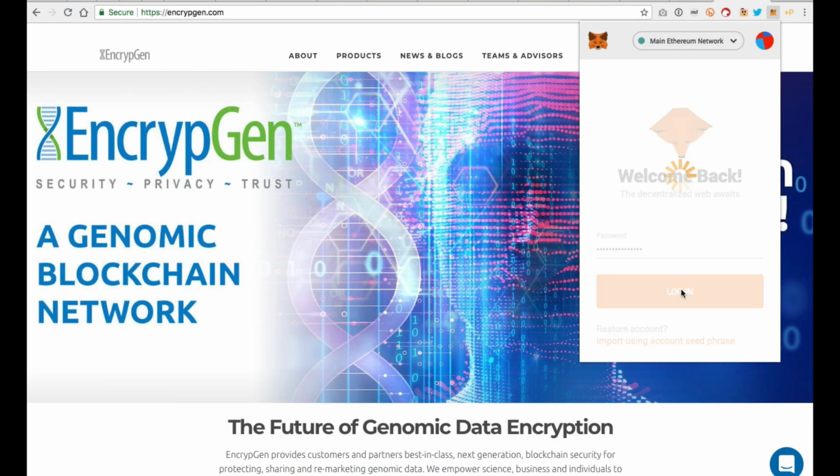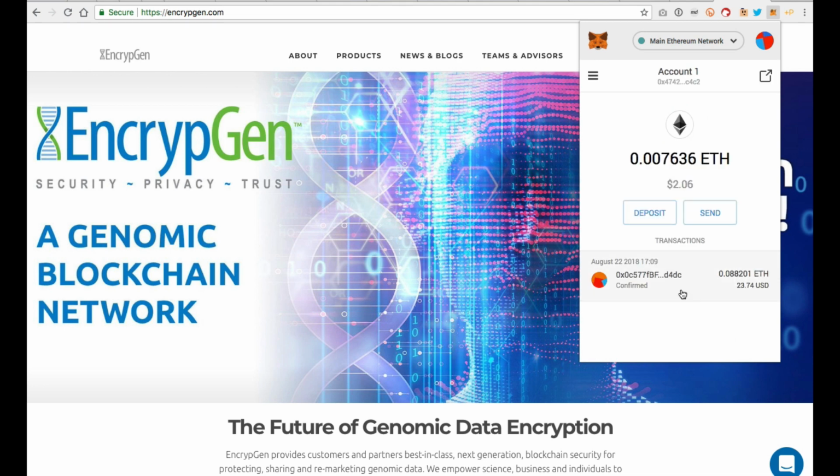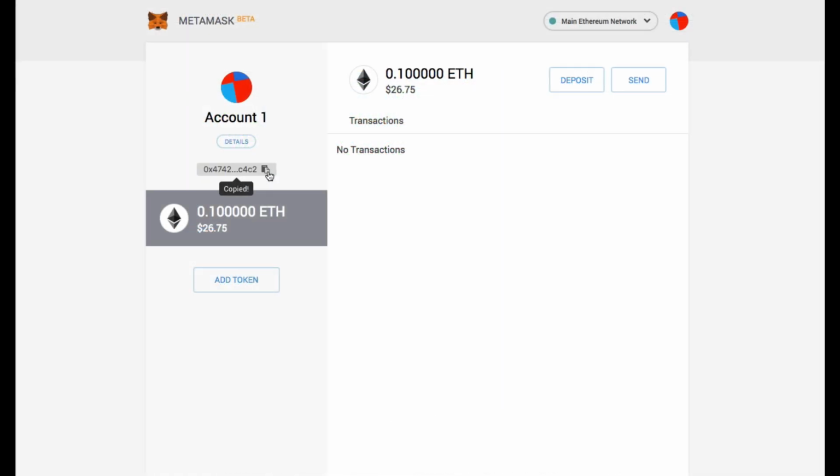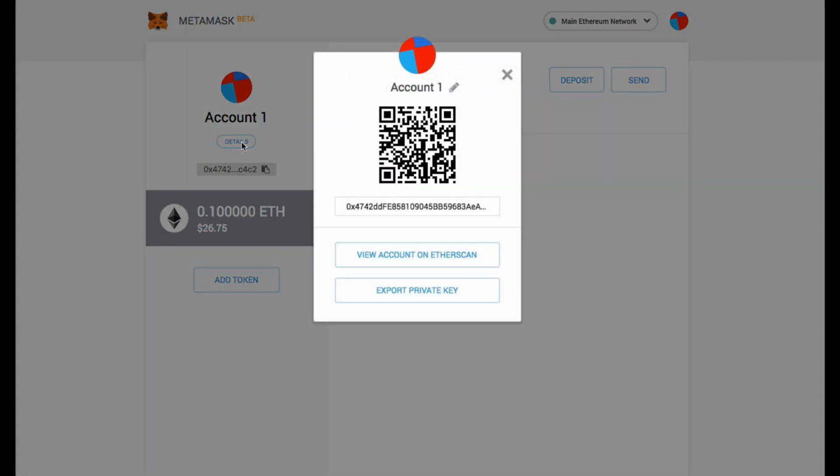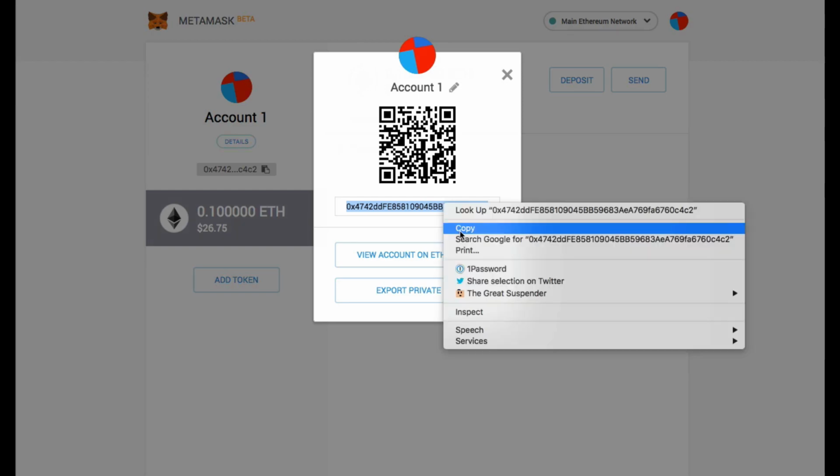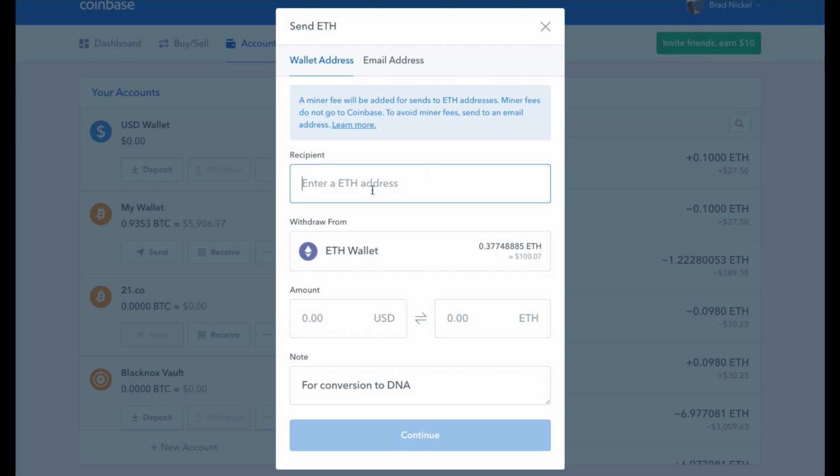The next step we have to take after logging in is to transfer our Ethereum coins that we purchased at Coinbase into our Metamask wallet. In your Metamask wallet, select Details, and then select the wallet address underneath the QR code, right-click it, and copy it, and then return to Coinbase, and in the send form, put in that address that you just copied into